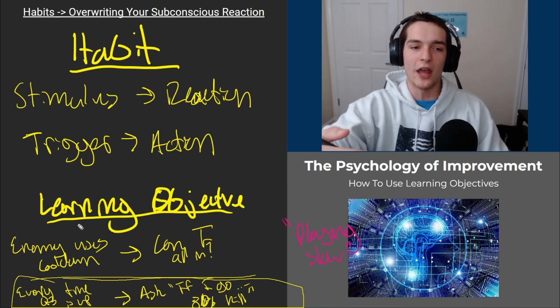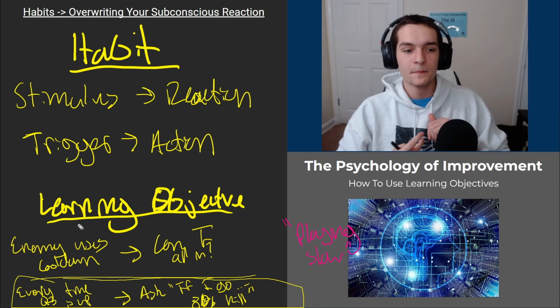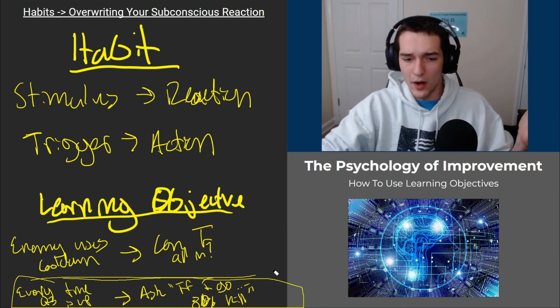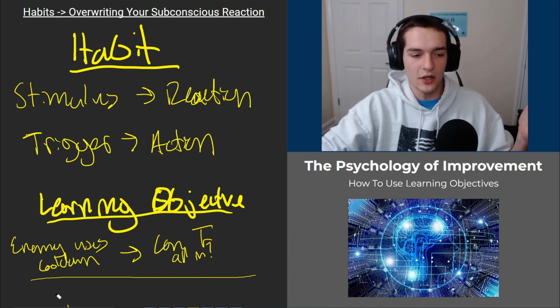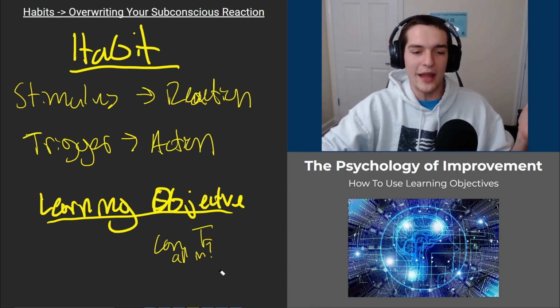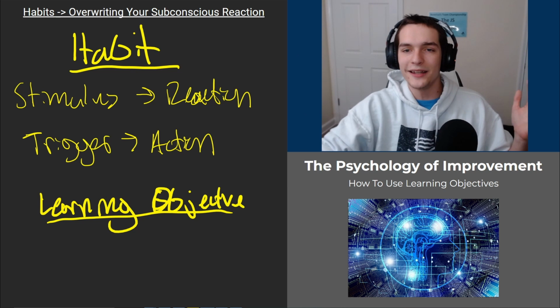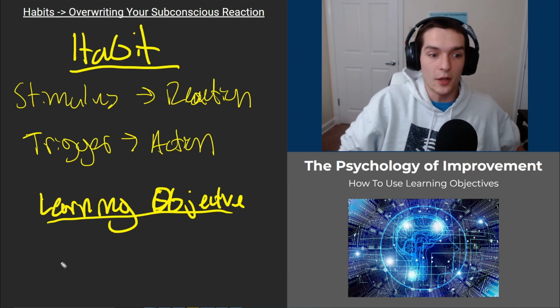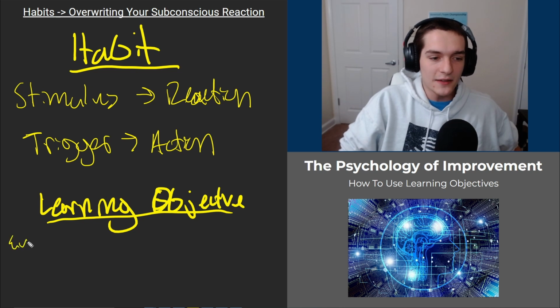What else is poor in your game? Why are you dying? Let's say you die a lot to ganks, or you have bad map awareness and you want to start looking at your minimap more so you can start reacting to tempo and reacting to things on the map more often. Well, another trigger and learning objective we could have is every 5 seconds, I think